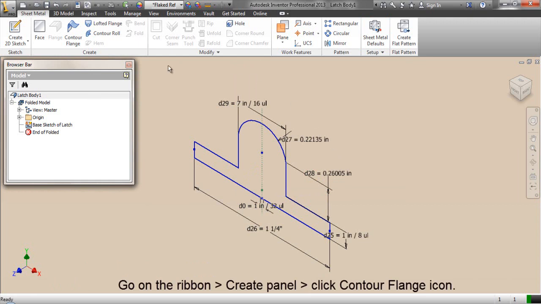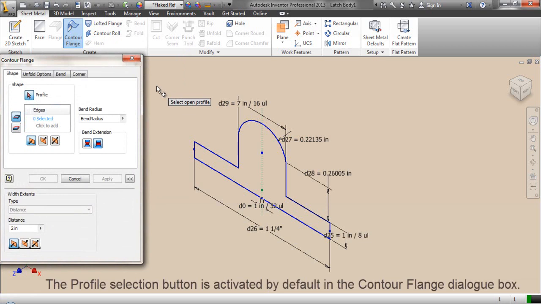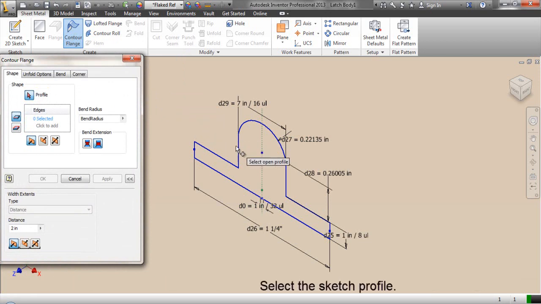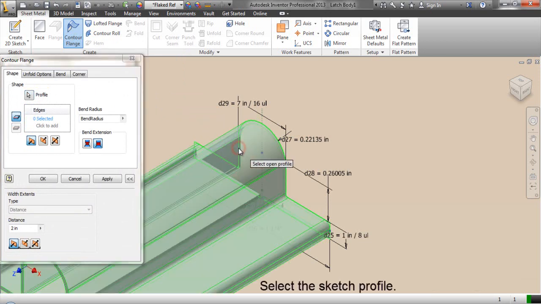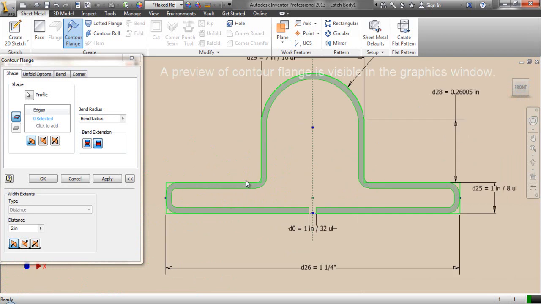Go on the ribbon, then Create panel and click Contour Flange icon. The Profile Selection button is active by default in the Contour Flange dialog box. Select the sketch profile. A preview of Contour Flange is visible in the graphics window.